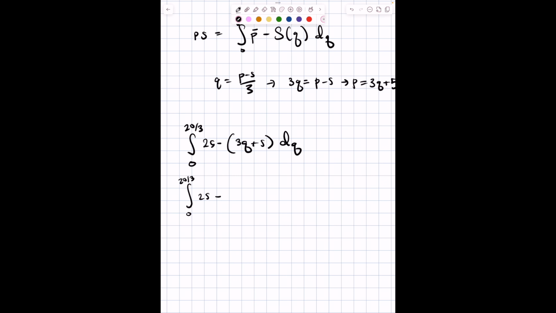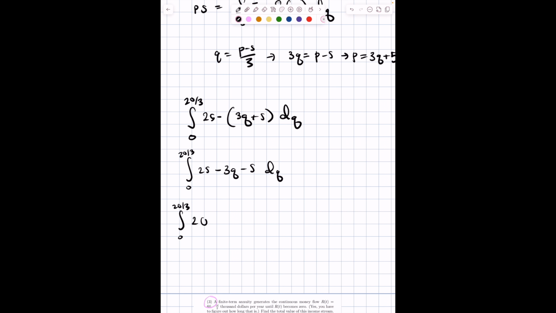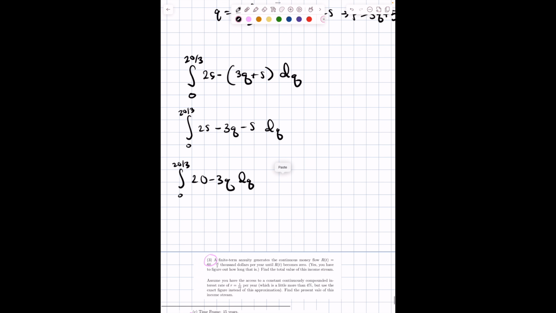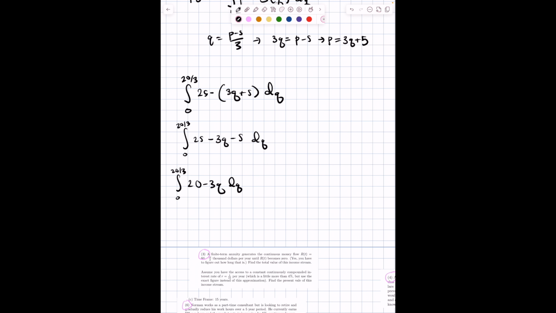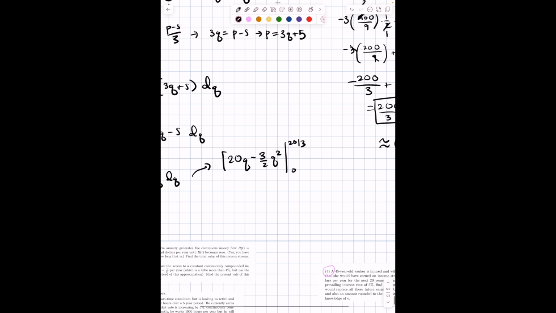25 minus 3q minus 5 dq. Then you get 23 20 minus 3q dq. You take another, you do it again. So 20q minus 32q squared from 23. And then you get